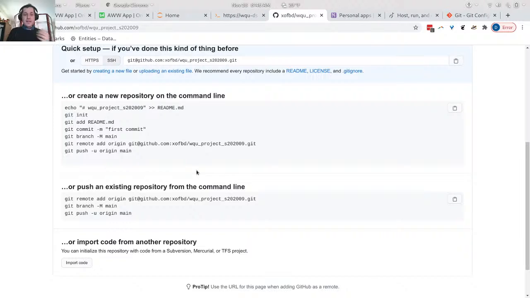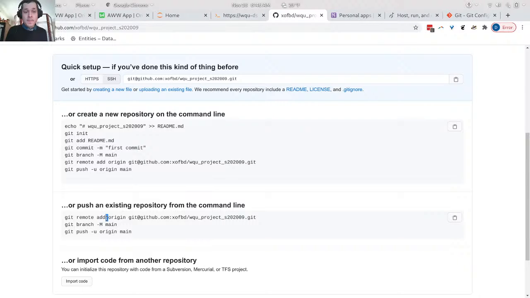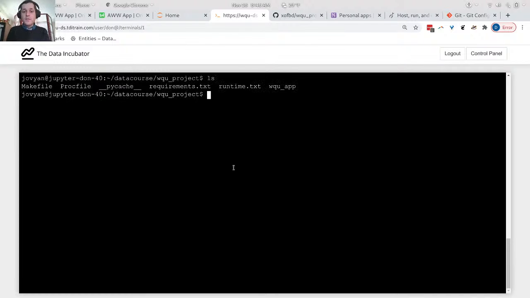All right, so we have a nice set of instructions. So push an existing repository. So let's go ahead and try that out. Let's see if this works. So let's go back to their project. So that was in Data Course, WQU project. And what I'm going to do